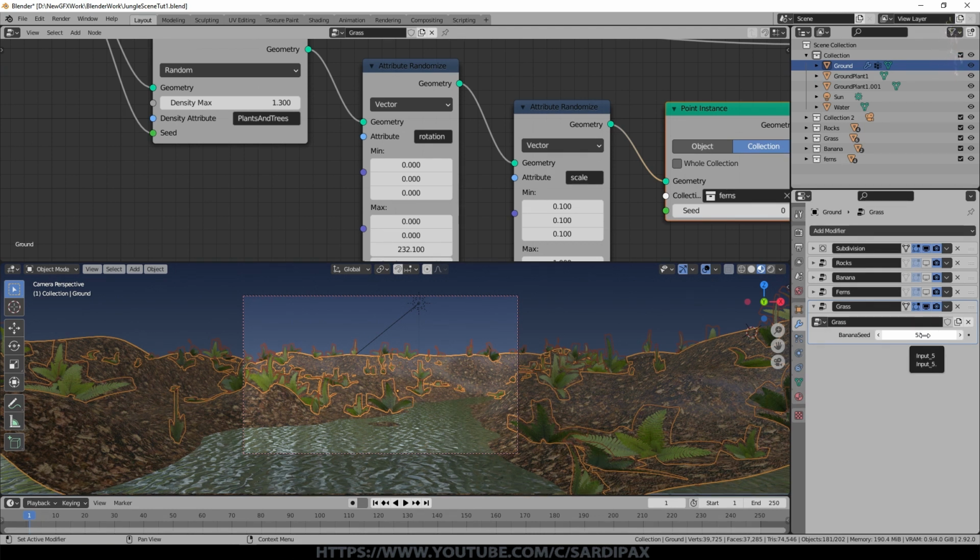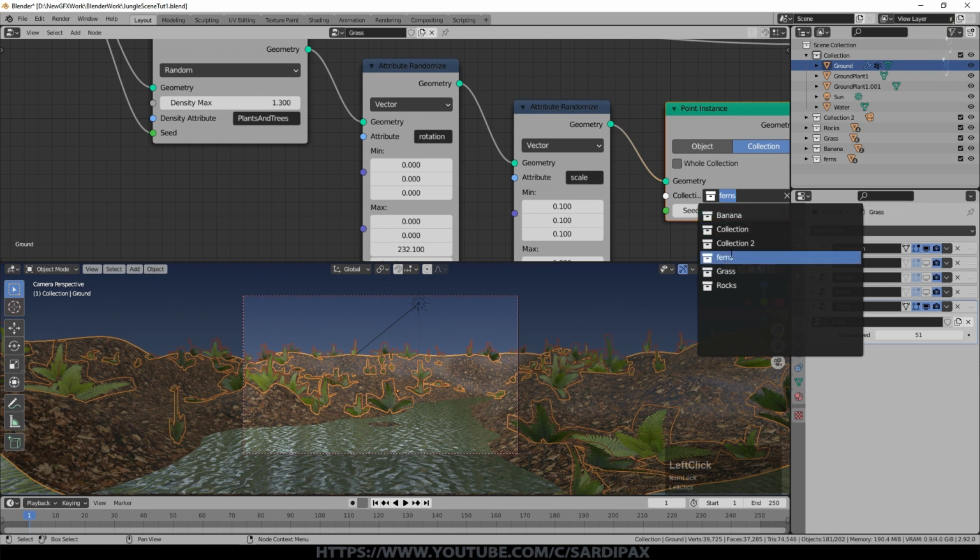even if it's a different object, the density is the same and so on, then objects will appear on top of each other. That's part of the reason for needing a seed value, so that you can redistribute them even if they are the same density. So we'll come up here and we'll select grass.